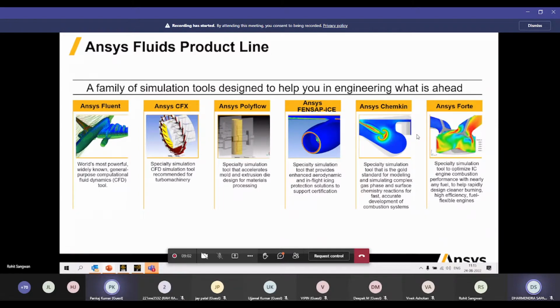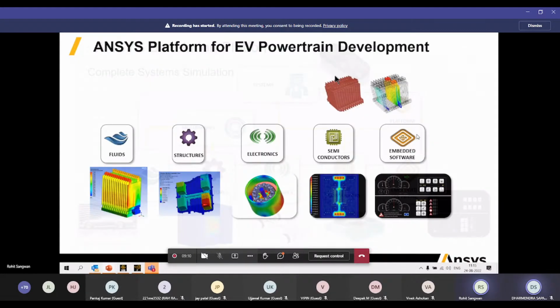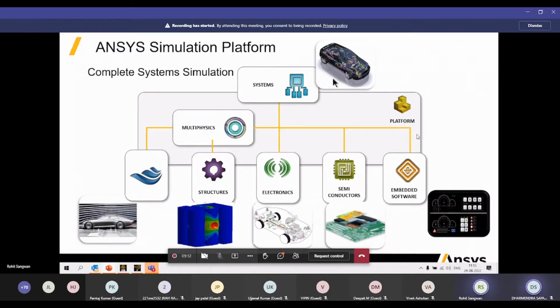If we come to the simulation platform, as I mentioned, for a car, this is one example. In a car, we have fluid, structure, electronics, semiconductor, and embedded software. So it's a multiphysics domain, which we can integrate at the system level and simulate. We can check aerodynamics and structure, how a sudden impact will affect it. And in electronics,